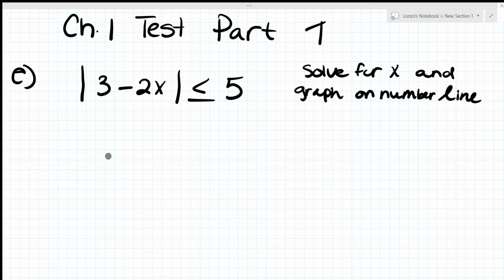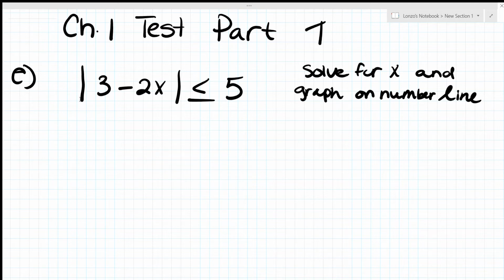So solve for x. Okay, so when we're doing absolute value, whenever you're doing an absolute value, you have to always check outside the absolute value. If there's anything outside, like a number, like a -3 right here, you have to take care of that. So pretend if there was a -3, to get rid of that -3, you would have to divide everything by -3, right? To get the absolute value by itself on the outside. We don't care about the inside for right now. So since we have nothing on the outside, we can break the